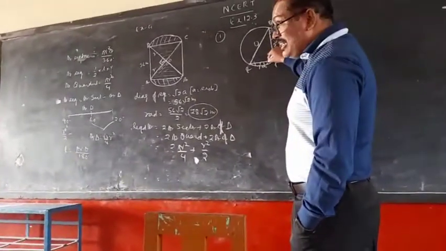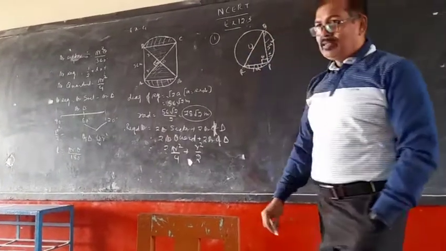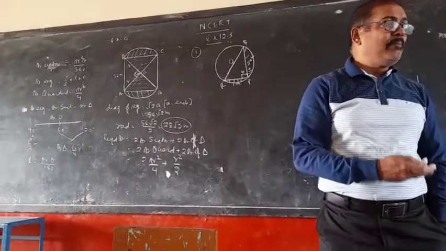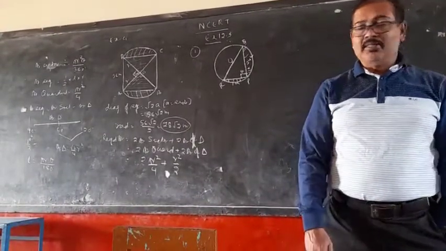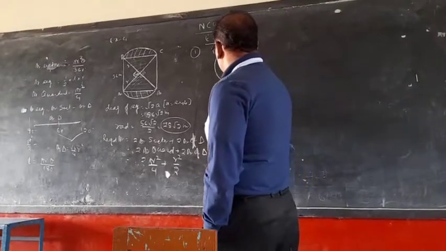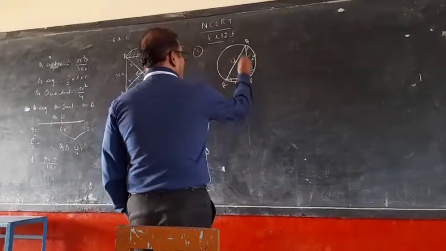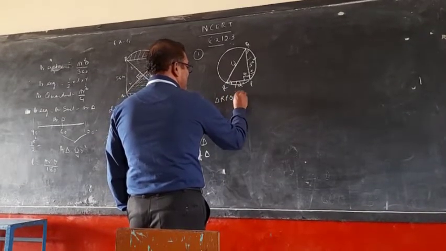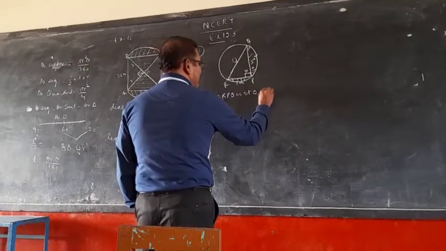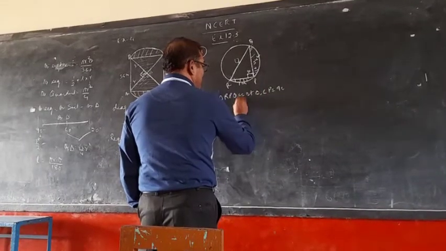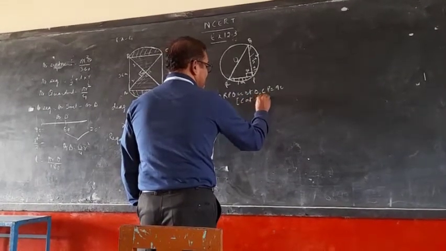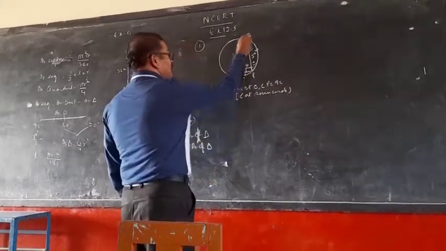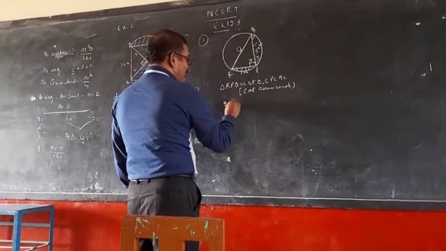Now it is 90 degree. Then we are able to find the value of QR. QR हम find out कर सकते हैं ना, because we have given perpendicular and base. So in this question, triangle RPQ is right triangle. Angle P is equal to 90 degree because angle in semicircle. So in this case, QR is equal to